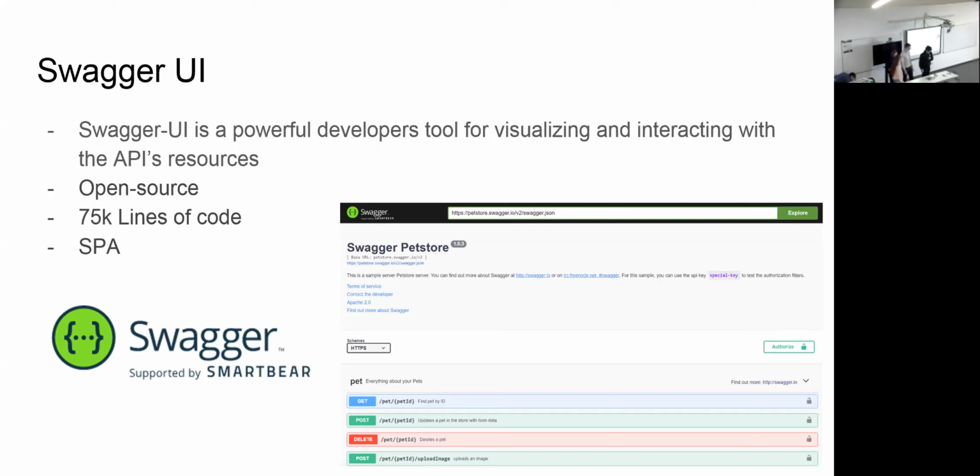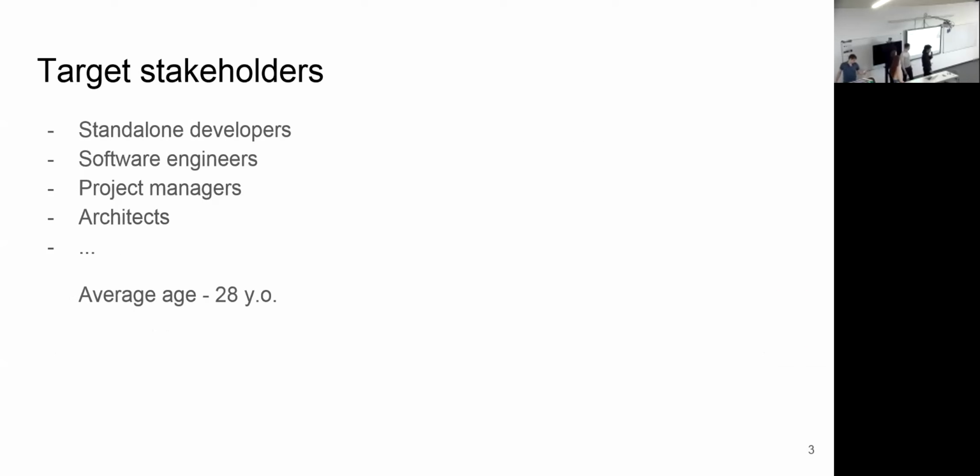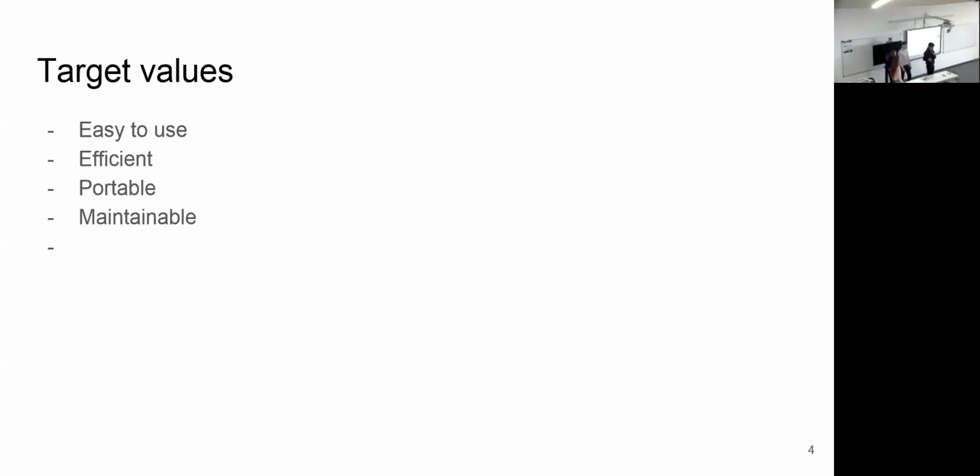So it's written as a website. Approaching the project, we started to think who is the target audience of the project, and we found out that most of them are the people who are involved in software development projects, and also standalone developers. The average age is 28 years old, and we thought that possibly we are in this audience as well, and from this we decided to